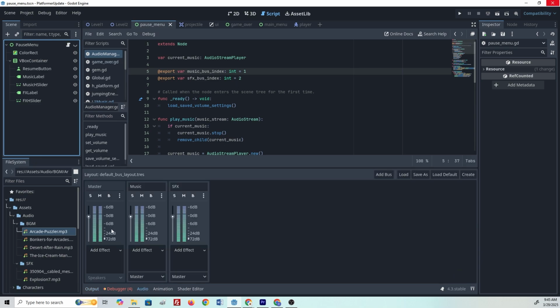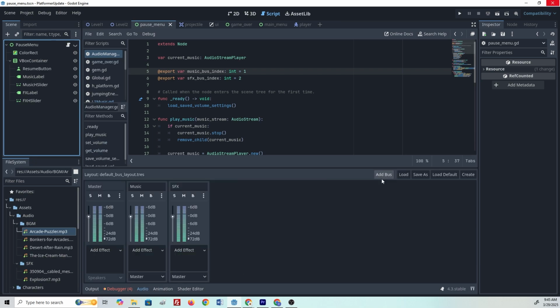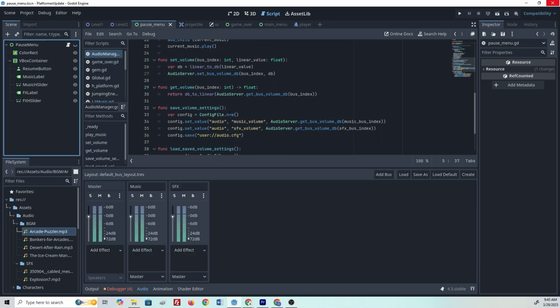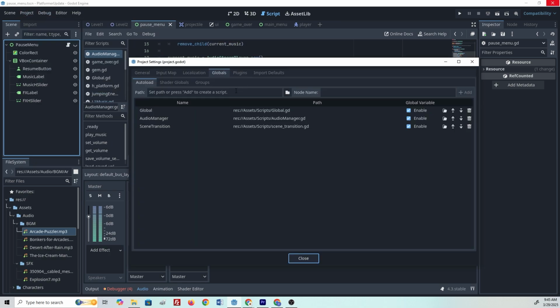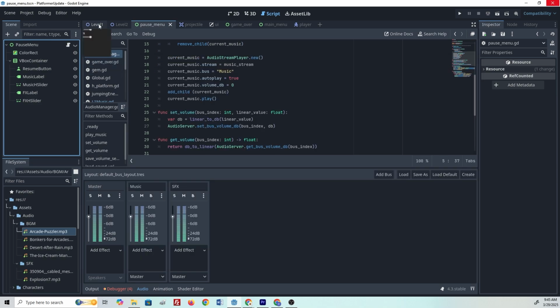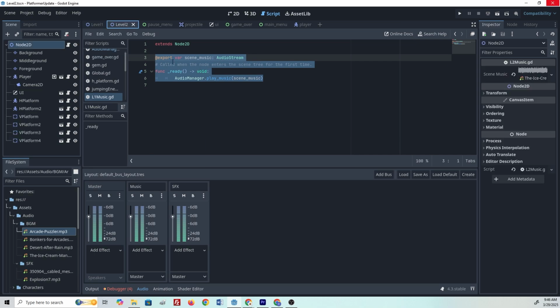We added a few missing buses by going to audio and then picking add bus, right? We coded the AudioManager. We added it to our globals. We coded in some music using some cheeky scripts here in our level 1, our level 2,